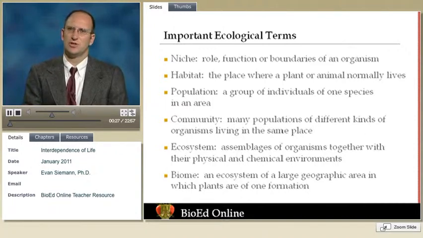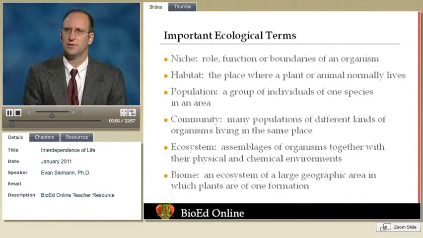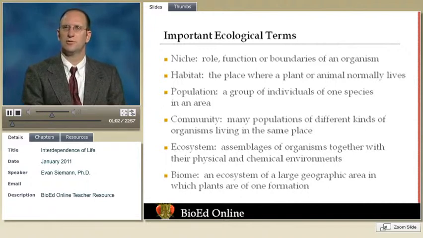So the first one is niche. And niche in ecological terms has a sort of formal mathematical definition and then more of a common sense definition. So I'm going to use more of an informal definition. It is the totality of the role, function, and place of an organism. So it includes where the organism is found, both in terms of types of habitats and geographical areas. It would include whether or not an organism is found underground or above ground, whether or not it forages at night or during the day. It includes the resources used by animals and plants.